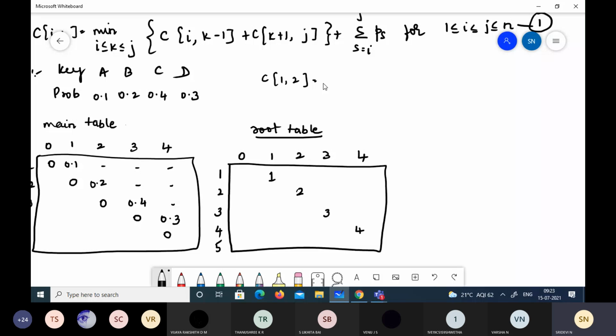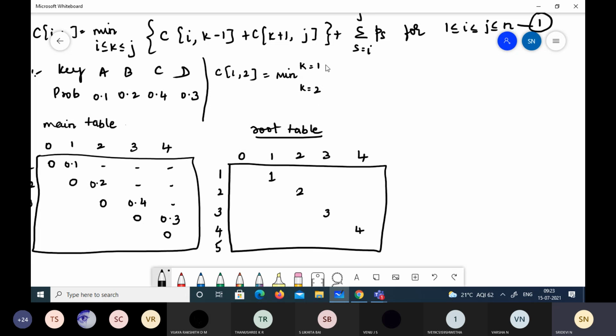So C of 1 comma 2 is equal to the minimum of, see here, what is the k value? The k value ranges from 1 to 2, so it should be between i and j. Here i and j are 1, 2, so we should vary from 1 to 2.